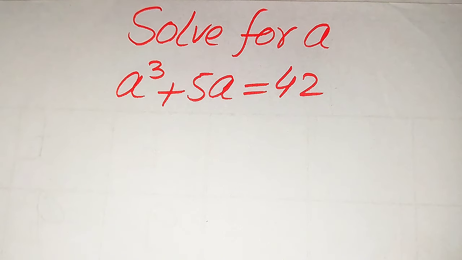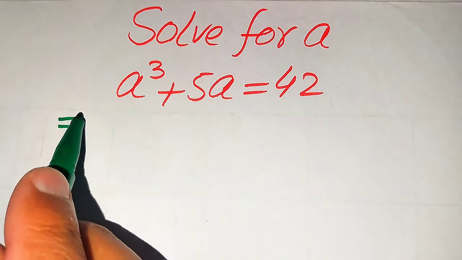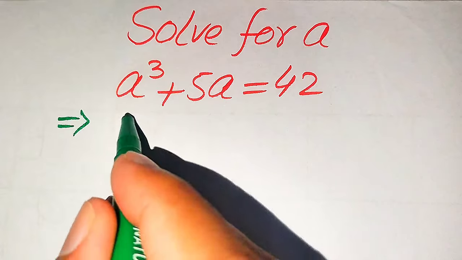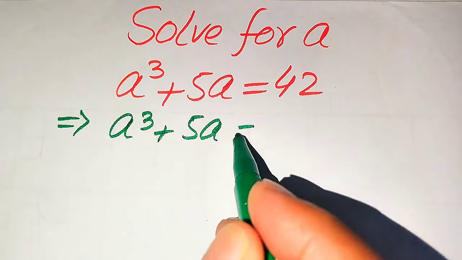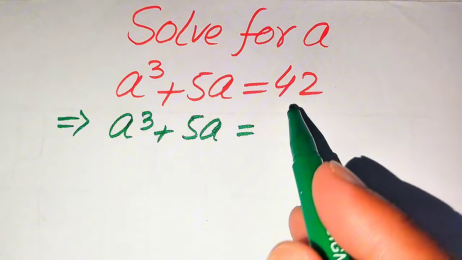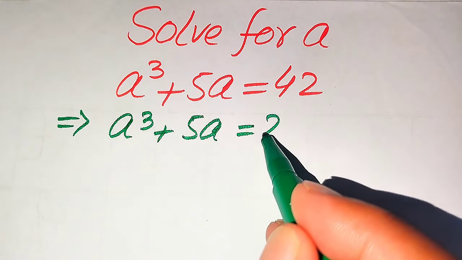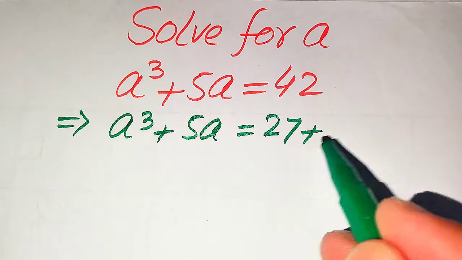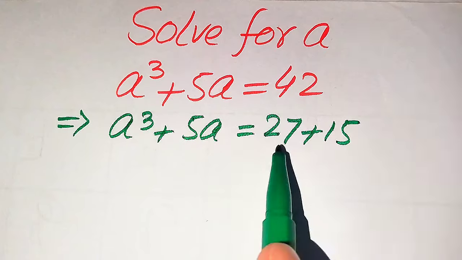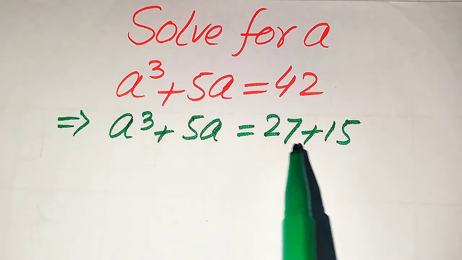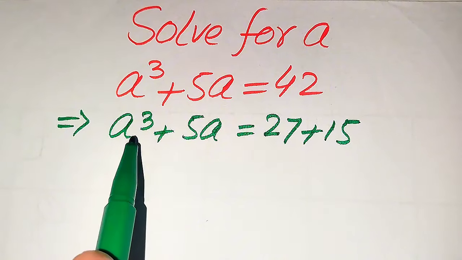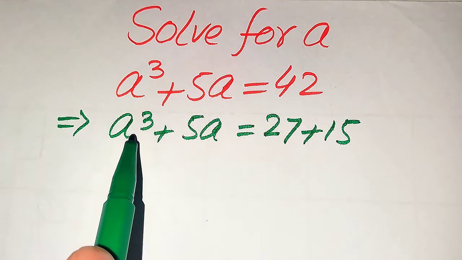So here first we need to focus on the right hand side, and we have a cubed plus 5a equals 42, and we write this 42 as 27 plus 15. We know that 27 plus 15 becomes 42. I can just break this 42 in this form because, you see here, we need one term in the cubic form and the other term a multiple of 5,